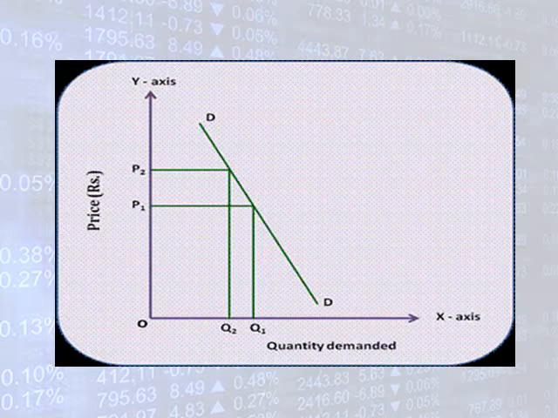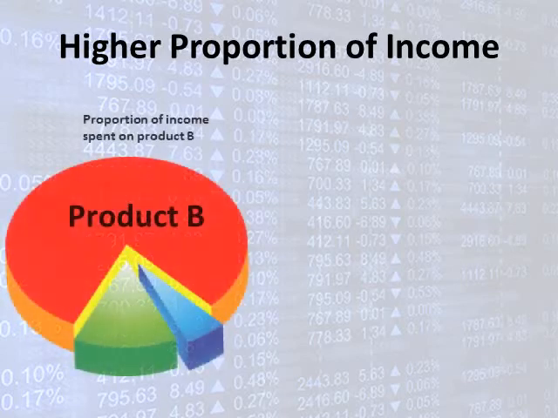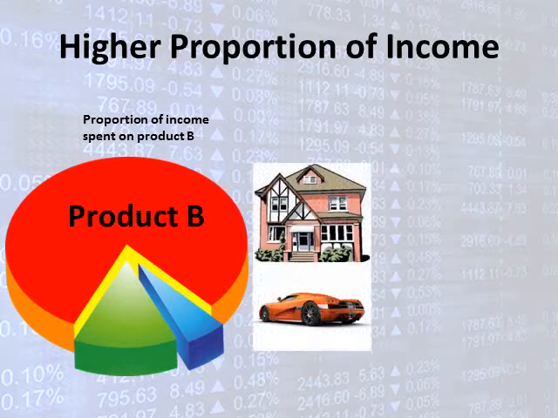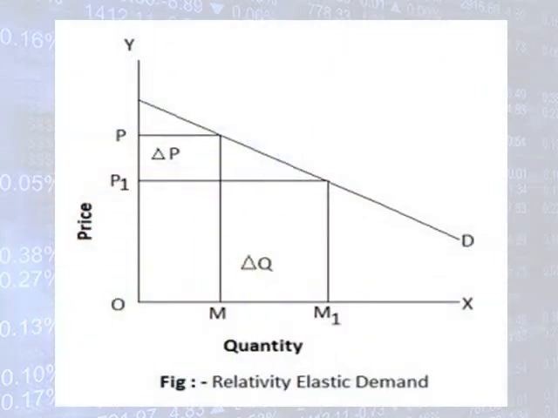in the figure. On the other hand, the higher the proportion of income spent on the good, the higher the PED. This is because when expenditure forms a high proportion of income, an increase in price encourages one to look for better substitutes, for goods such as cars or houses. Thus, PED is more than 1. This implies that when the price of luxury goods such as cars increases, consumers cut back on their consumption. Hence, the quantity demanded will decrease more than proportionately, resulting in a price elastic demand for cars, as shown.